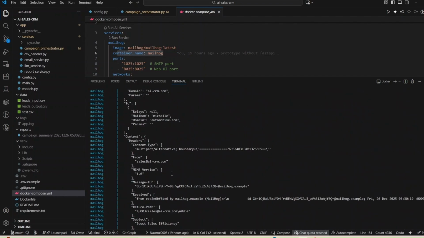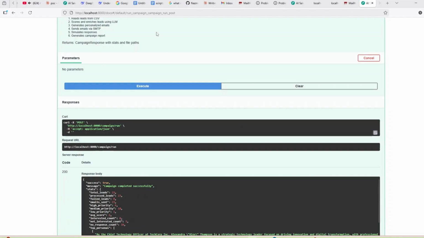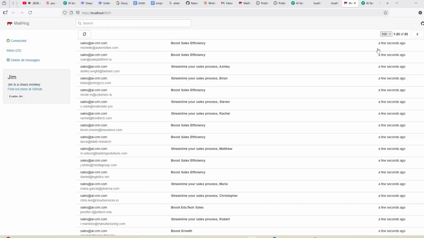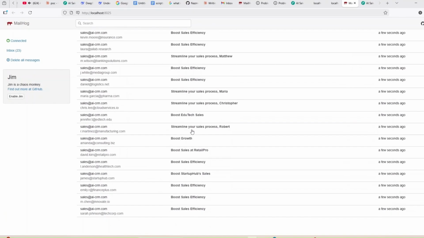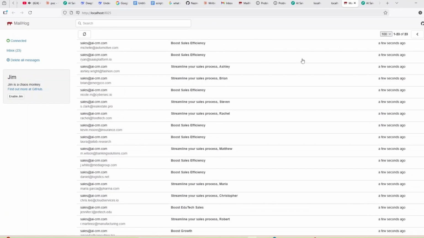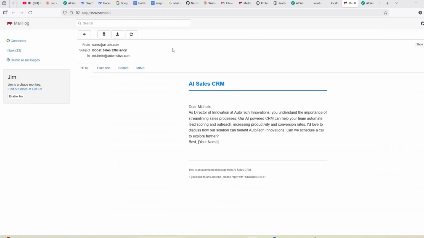If I go to MailHog now, you can see that a few seconds ago my project perfectly sent an email to every lead. So what actually happened is, when we run the program, it reads the CSV and the leads, then sends them to Groq to analyze their job titles and companies.